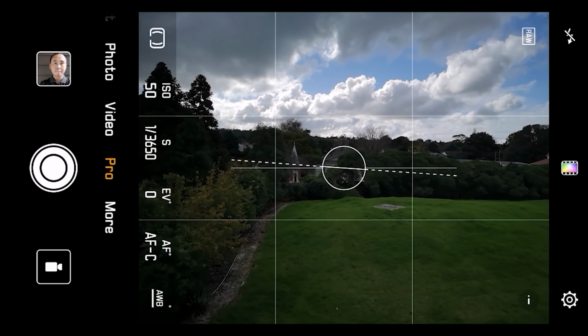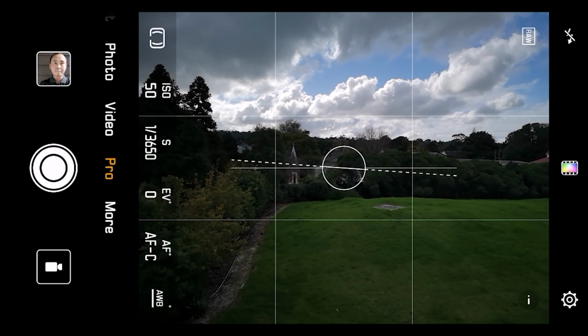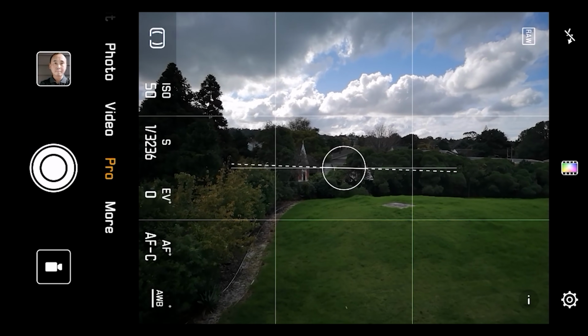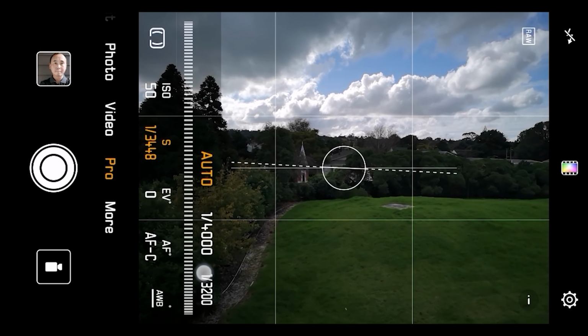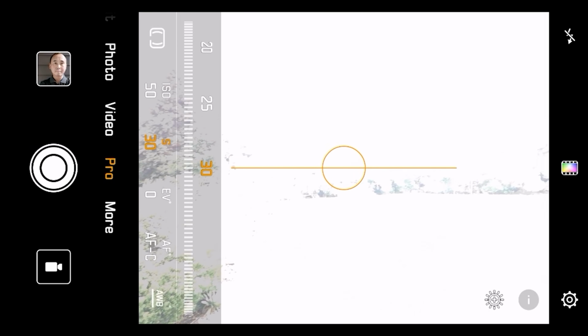But sometimes when I want to have full manual control, then I will adjust the ISO setting and also shutter speed and other things as well. Now, the next one is the shutter speed. This controls how long the exposure is for each photo. Normally, it is in the auto value, but you can choose from 1/4000, which is really fast, to something very slow. For example, I think it's up to 30 seconds. That means the photo will take 30 seconds to expose, and in this case, you see when I change to 30 seconds, the photo is completely overexposed.